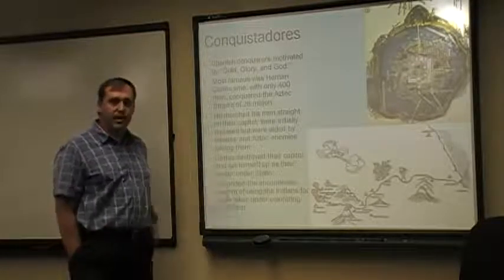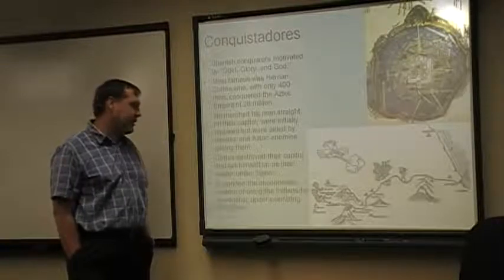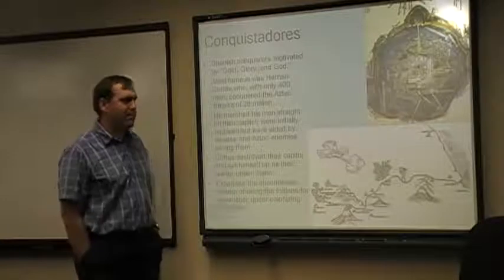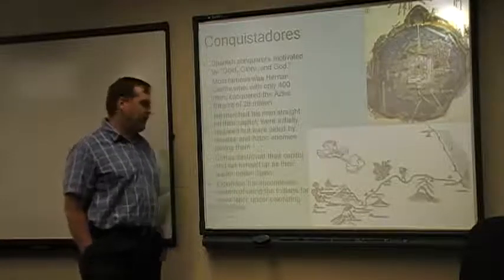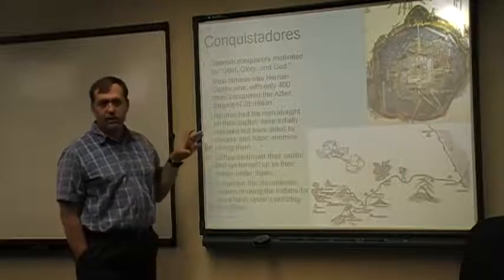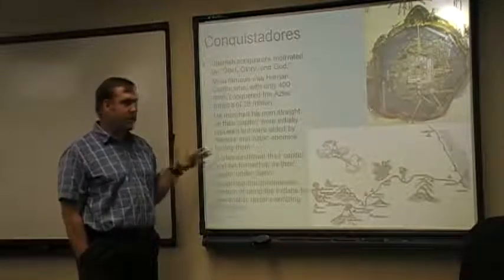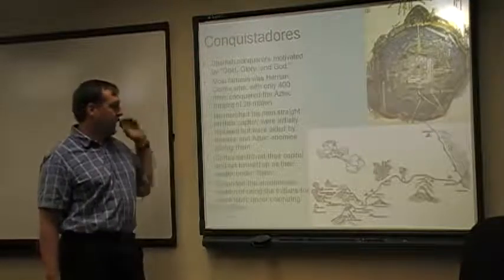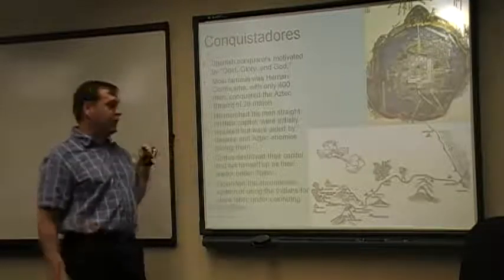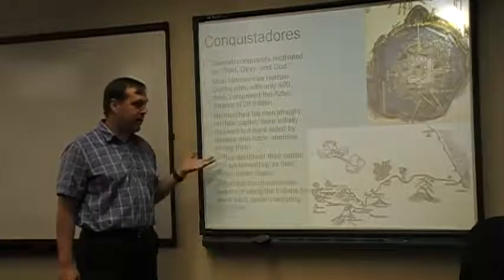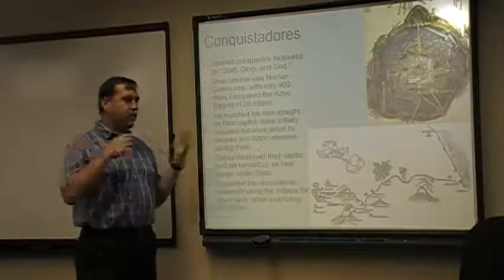Eventually what we would see is an expansion, though, of the labor system called the encomienda system. It looks a little bit like what you and I might be familiar with to call slavery. However, the slaves, in this case the Indians, are not able to be traded. So it's different than when we talk about West African slavery in a little more detail. The Indians are forced to work, and you could do whatever you wanted with them if you were the encomienda leader, but you couldn't buy them and sell them.